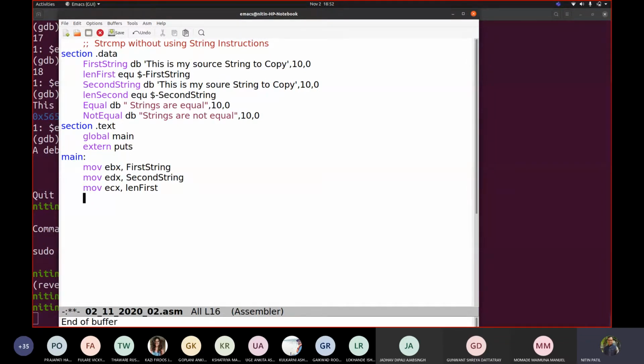So how will you work this out now? Move AL, byte of first string. CMP AL, byte of, we use compare, so we can use directly the second string. Jump not 0 to not equal.